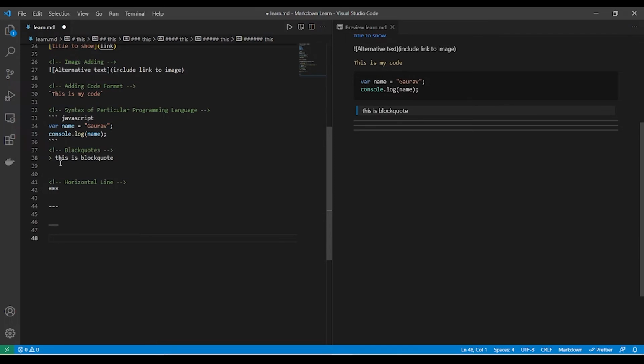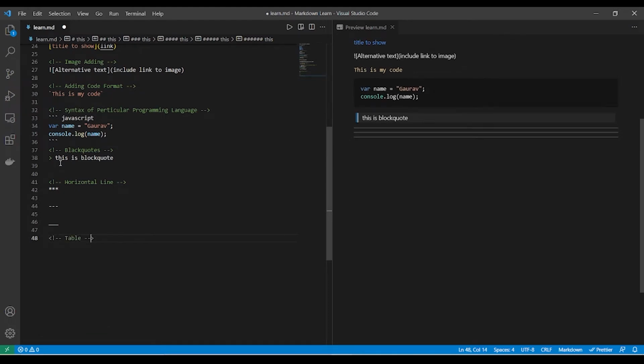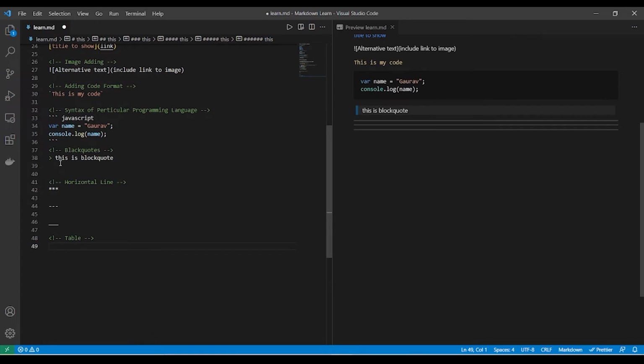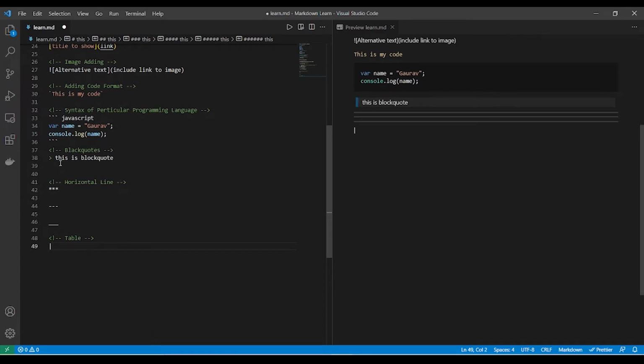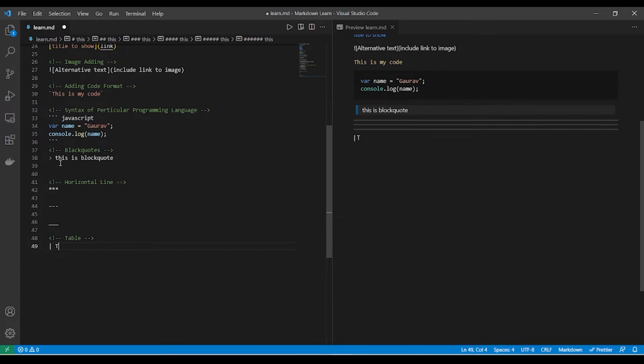Now let's move forward to the table part. To add a table, let's first of all comment it: table. Now to add a table, we usually use this, and then table, then this, then write goes here.